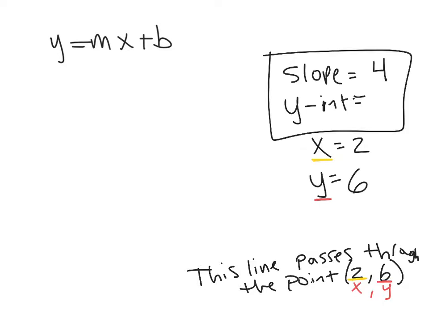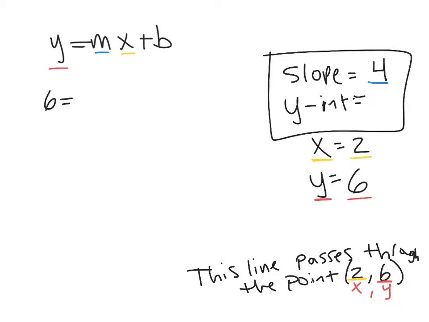We now know out of these 4 things here, slope, y-intercept, x, and y, we now know 3 of the 4. And what that means is if we were to plug all of these into our equation, we've created a one-variable equation, and we know we can solve a one-variable equation. So let's say that 4 is my slope, and 2 is my x, and 6 is my y. Well, I could just rewrite this then as, instead of y equals, I'm going to write 6 equals,